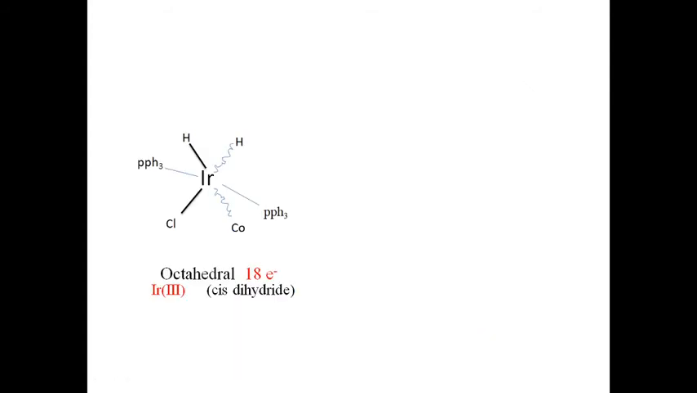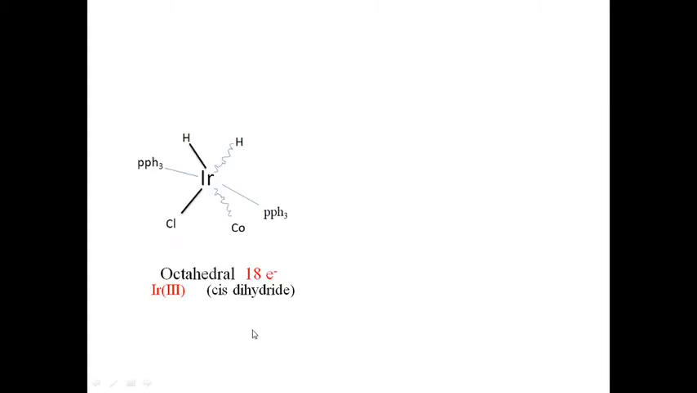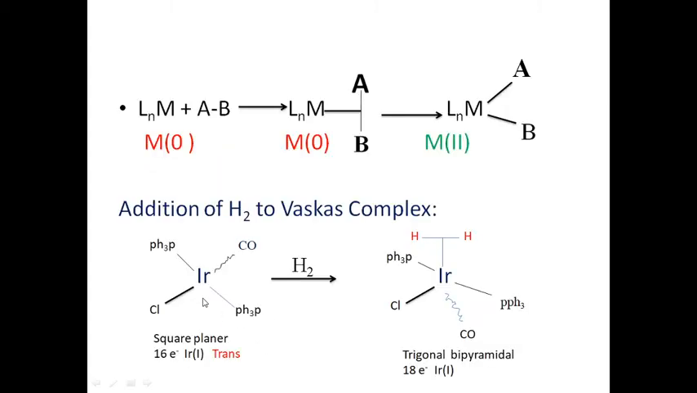Now we can see here these trans bonds are converted into cis bonds. See here, these two cis bonds are formed. In this way, trans geometry is changed to cis geometry and a cis dihydride complex is formed. First the geometry is trans, then the geometry changes to cis. Electron count here is 16 electron, here electron count is 18 electron,